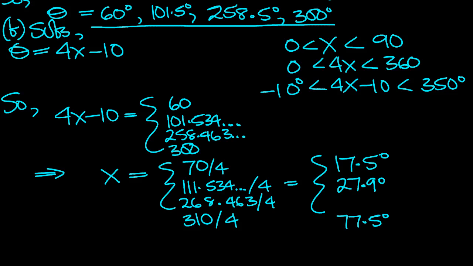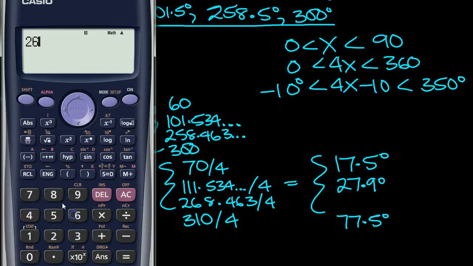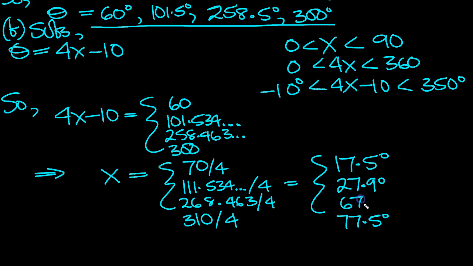And then this 268.463 divided by 4 equals 67.1. Now I'm just going to give